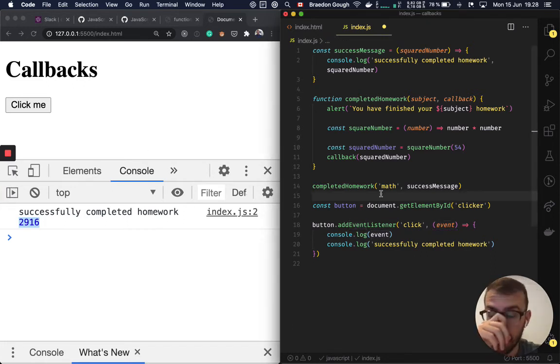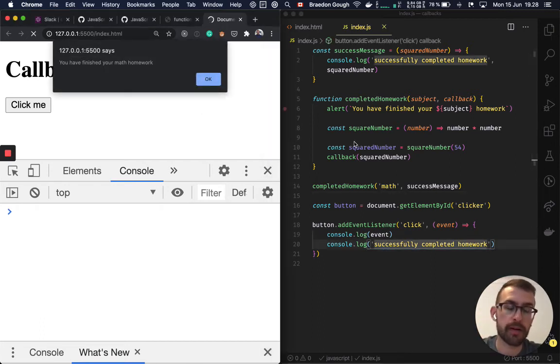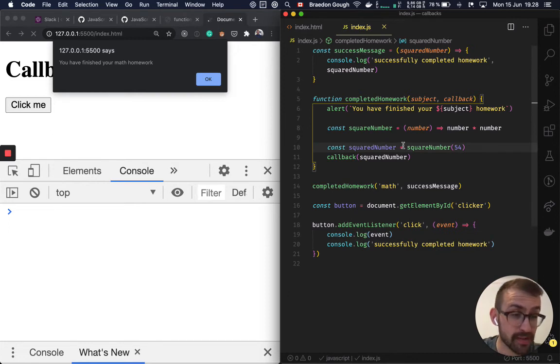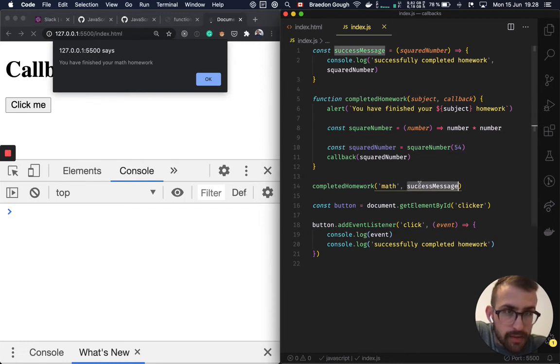Now, again, I definitely want to touch on the difference between a function reference and invoking a function, because I still see this quite often as a mistake that a lot of people are making in class. Now, a function reference is simply passing the name of the function. So see how in this completed homework, when we pass our success message function as the callback argument, we're not